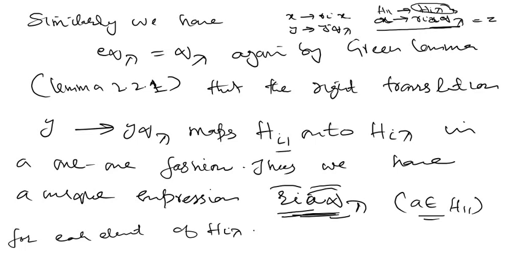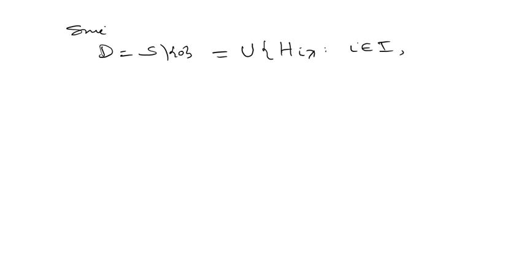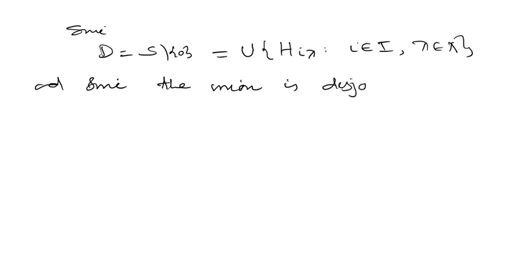This is it. So once you have this representation, now since our D, which is equal to S minus 0, is the union of the non-zero H classes, and the 0 H class is excluded, so we are taking the non-zero H classes. It's the union of these H classes, Hi lambda, where i is in I and lambda is in Lambda, because you are taking non-zero L classes and R classes. And since the union is disjoint,